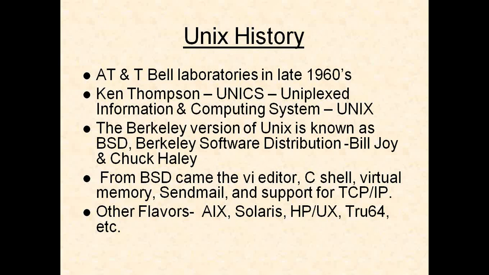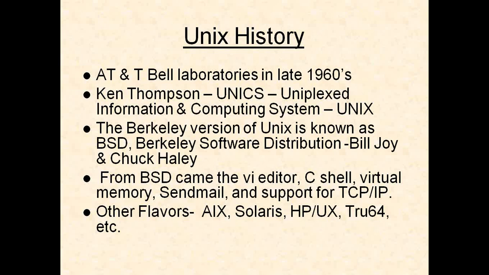That means Oracle Corporation is providing two flavors of Unix: one is Oracle Enterprise Linux and the other one is Solaris. And just like that, IBM has its own operating system, which is called AIX, and HP, Hewlett Packard, has developed their own Unix operating system, which they call HP-UX.